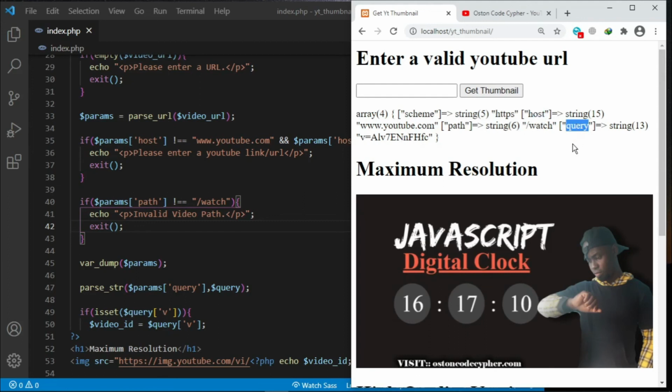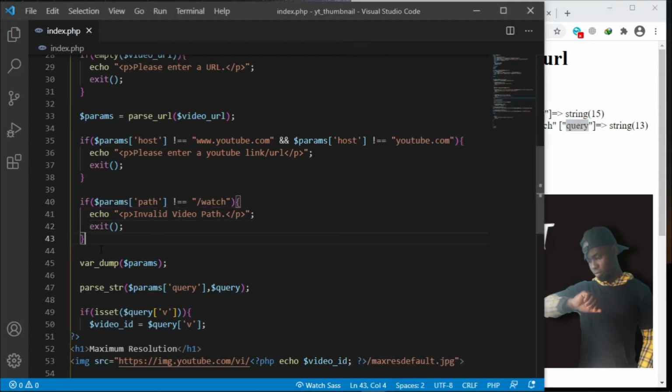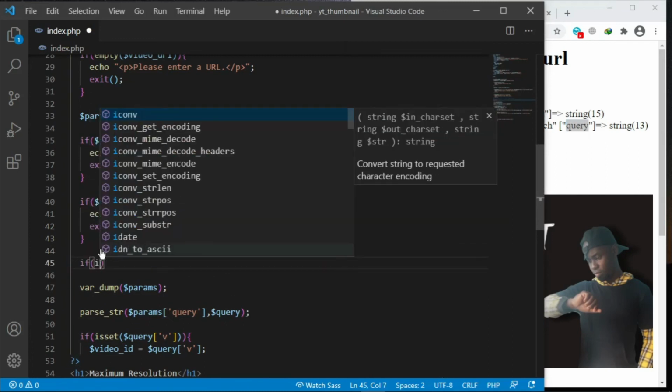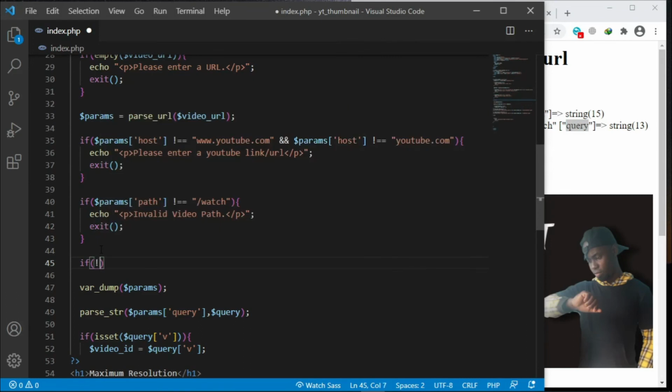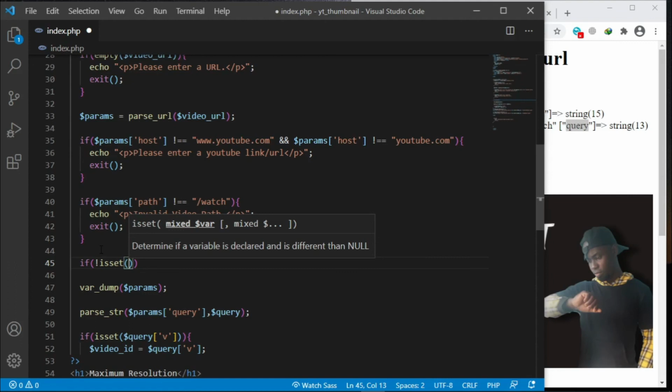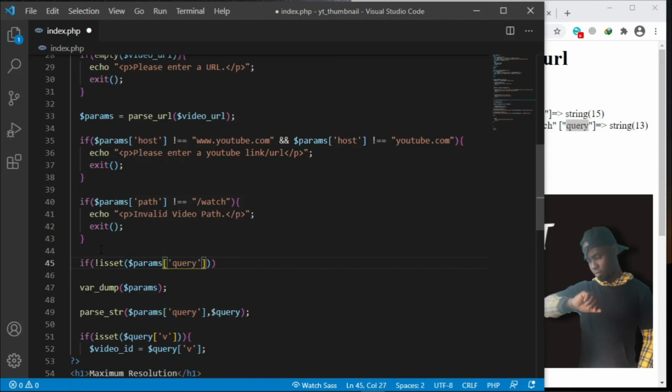Then let us also check for this query key. So if it's set in the browser, because somebody may fail to put that query there, so we can go ahead and say if it's not set. So we shall start with the exclamation mark standing for not. If it's not set, let's say params, and we want the query. If this params query is not set,